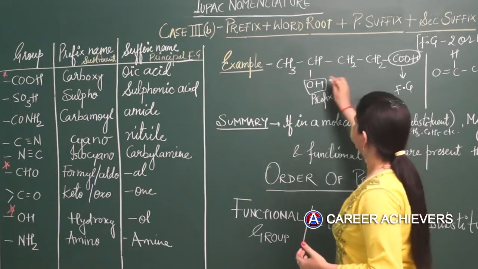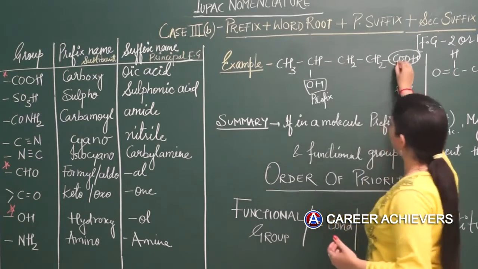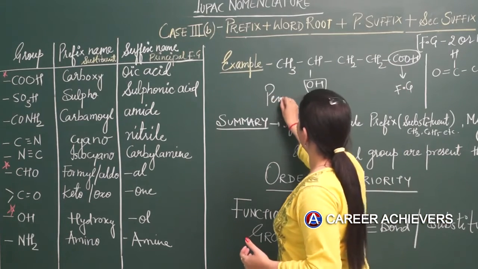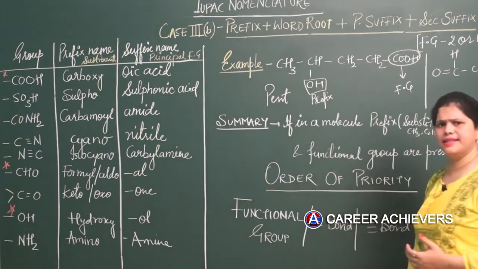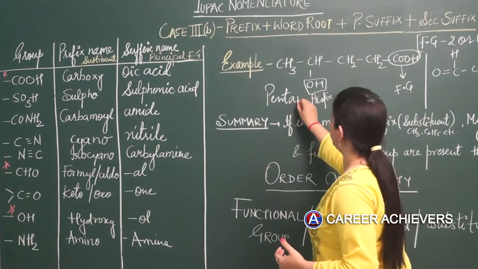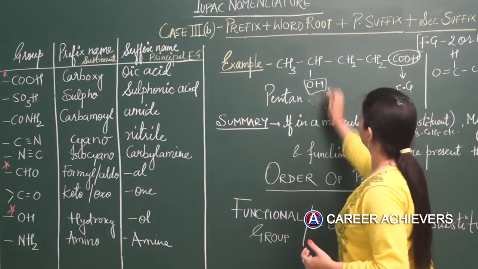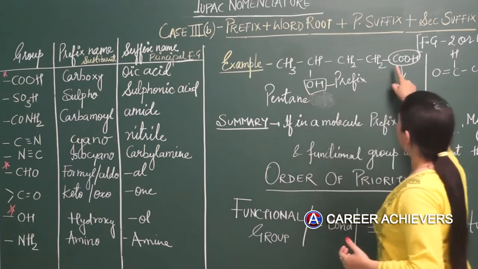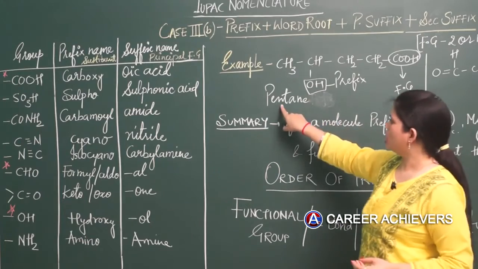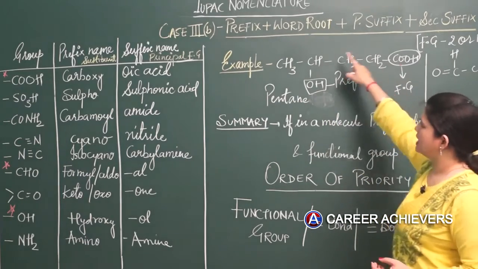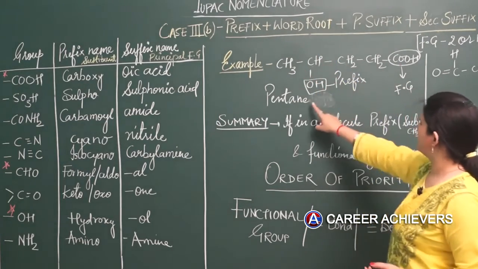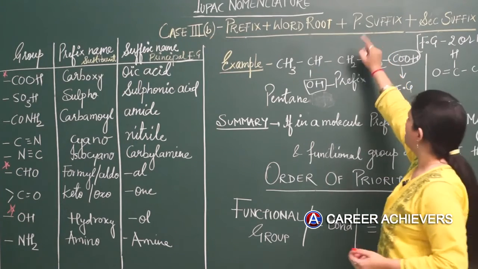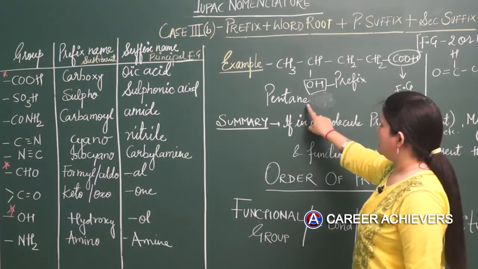So if I have to write the name of this molecule, I can see there are how many carbons? Total 5. So the word root for this molecule would be pent. Everywhere single bond is there, so pentane, right? Why have I written pentane? Because pent is representing the number of carbon atoms, that is your word root part. Everywhere single bond is there, so ane, right? It is representing your primary suffix. Okay. So basically the pentane word is done.